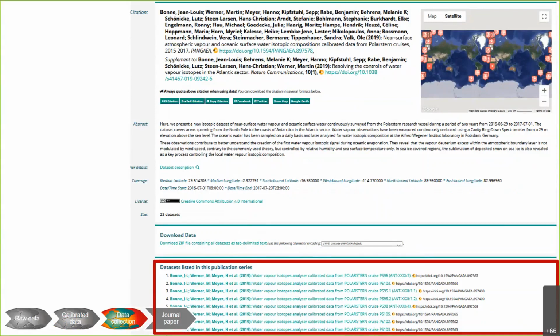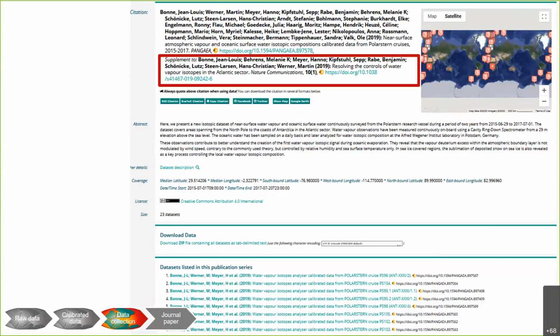So this can be, for example, the same type of data measured in different locations or during different time periods. So these can be put together in a collection. This is what such a collection looks like, in this case for 23 distinct time periods or expedition legs in this data set. So additionally, this collection is related to a now published scientific paper.